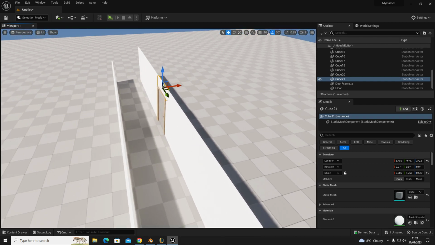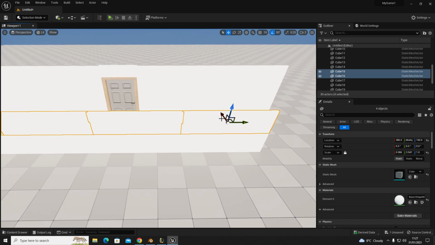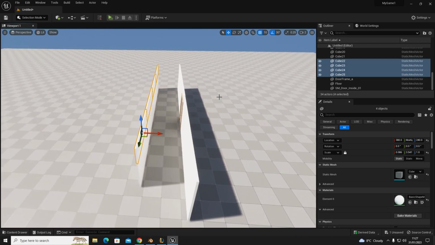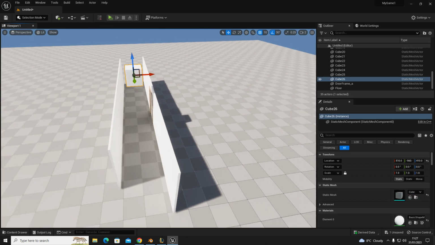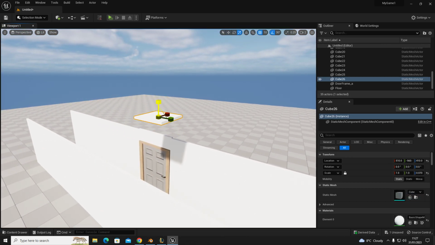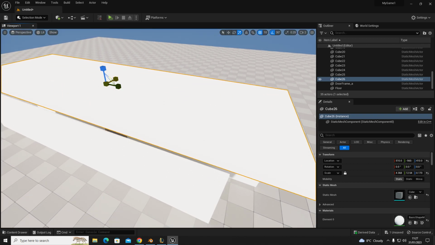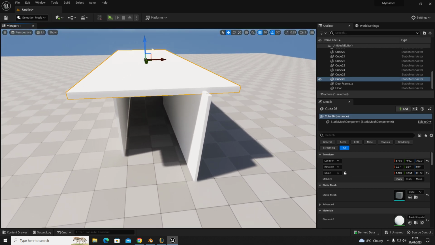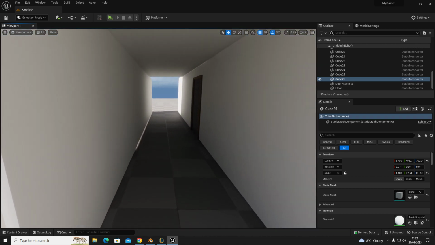And then we can move this layer up one, and then add a simple block for the roof or the ceiling. So that's that pretty much done. I mean, we could texture it as well, but for what it's worth, I may as well just leave it as is. So let's just say this is your corridor,